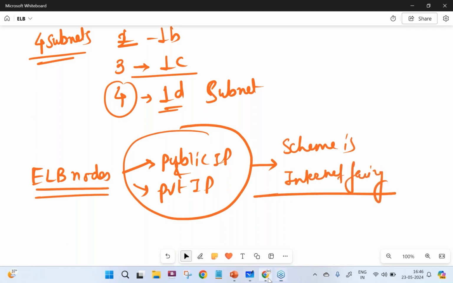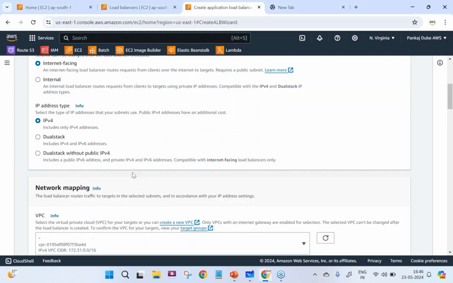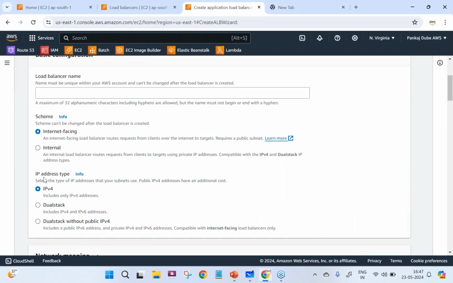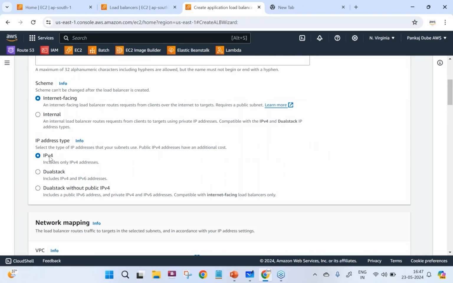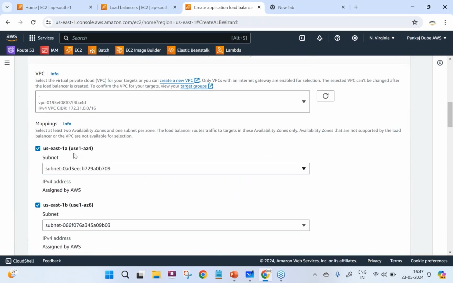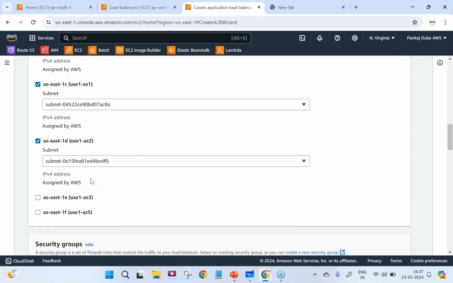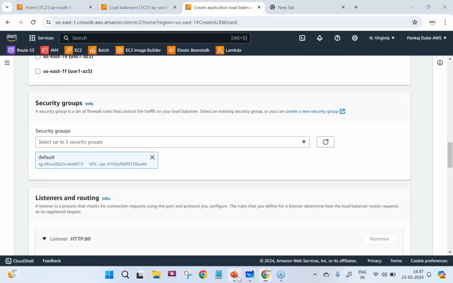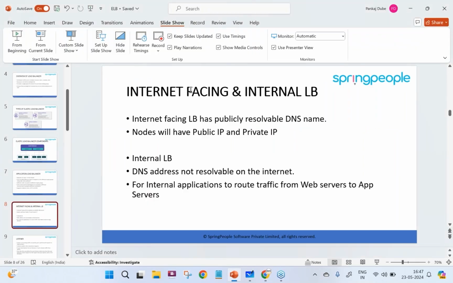So what is scheme? Here we have selected the scheme as internet facing. IP address type, select the type of address, IPv4. I'm going ahead with IPv4. Network mapping, I have selected US East 1A, 1B, 1C, and 1D. So that is what is meant by internet facing scheme.